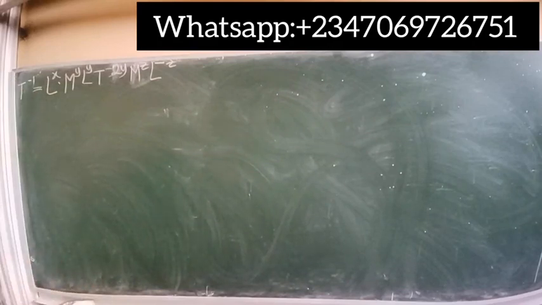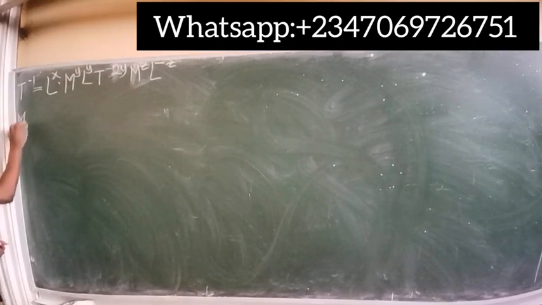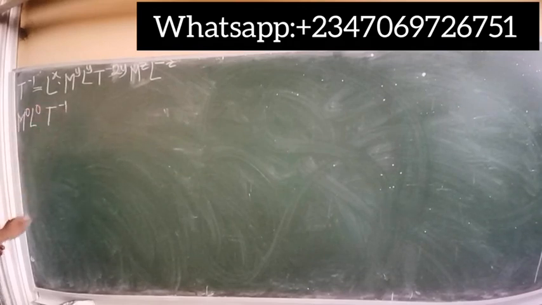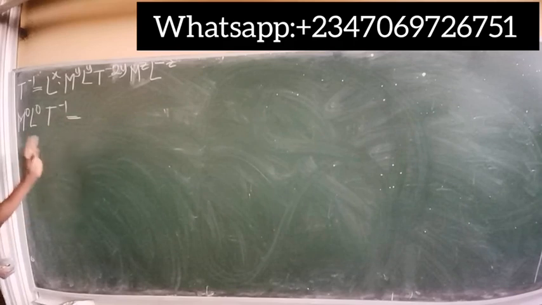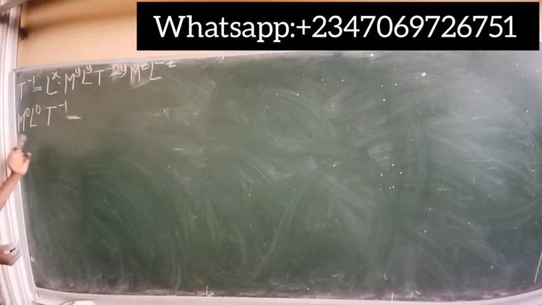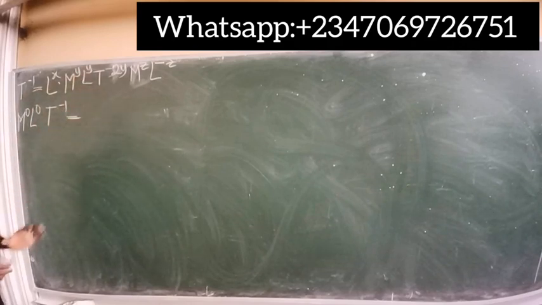Alright, so just to continue from the previous equation, I explained that t to the power of minus 1 can also be written as m to the power of 0, L to the power of 0, and t to the power of minus 1. It still gives us the same thing. Now this is equal to, so like I said, all we need to do is to arrange the whole equation to be in terms of MLT. Which means we have to maintain the same thing on the right hand side of the equation. So we bring all the m's together, all the l's together, and all the t's together,